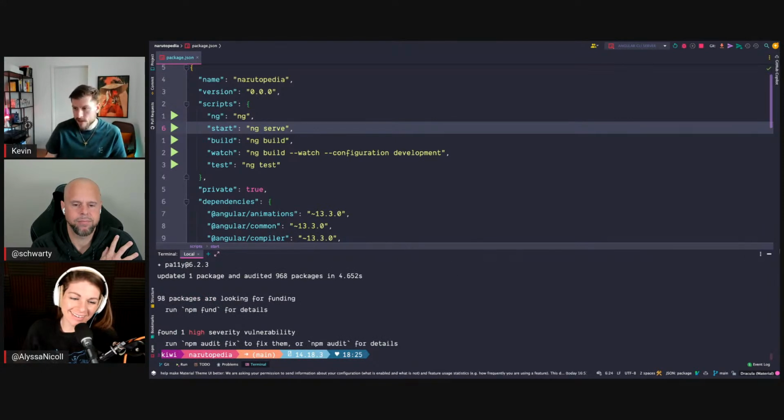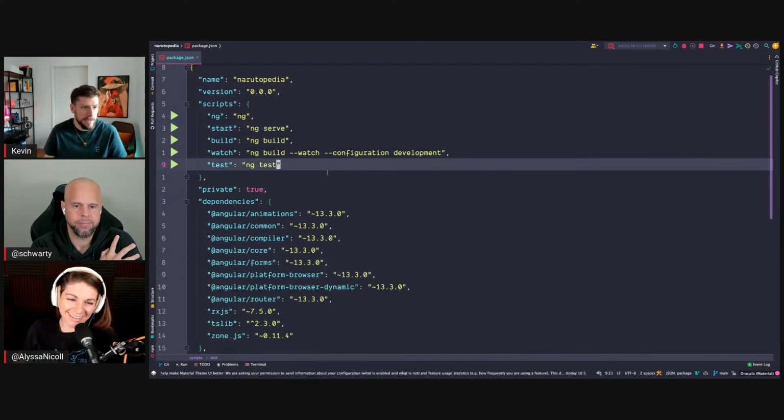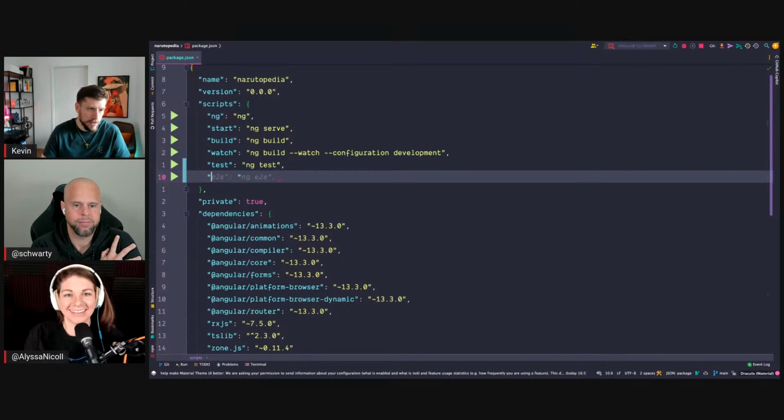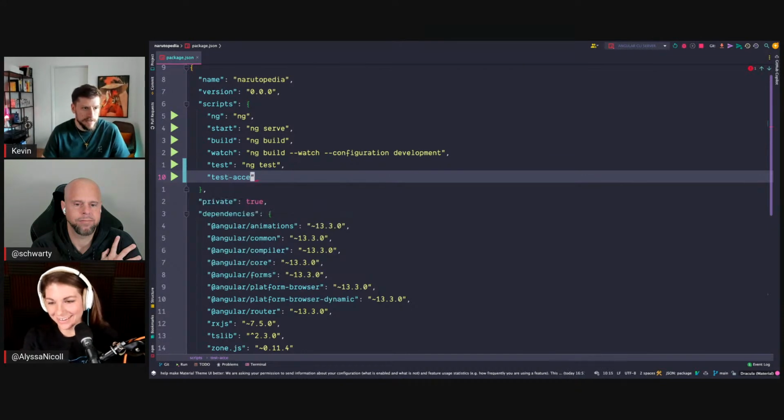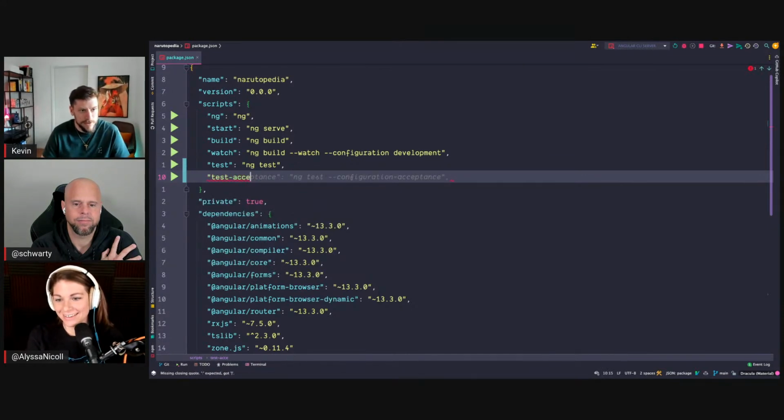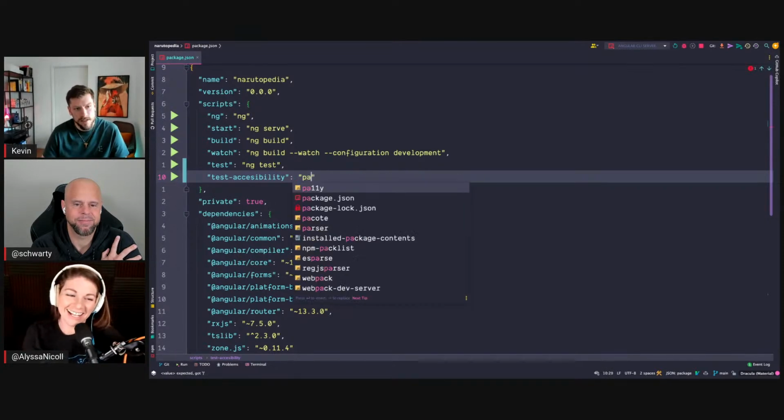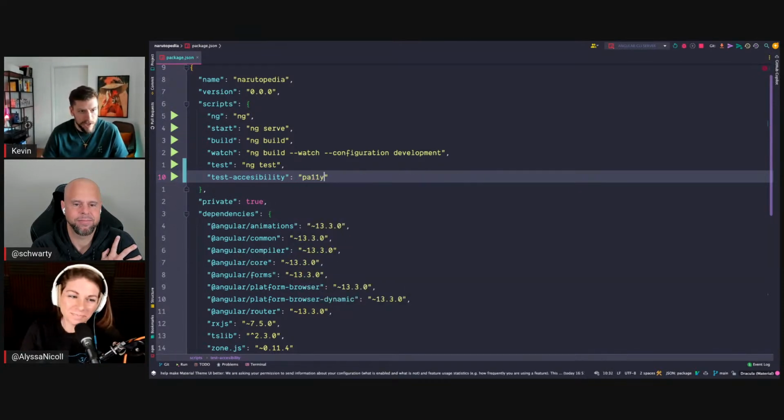Once you install that, we can add a script that is called check, or let's call it accessibility. And inside here, we just call the Pally script with the URL we want to test. So we want to test localhost 4000.